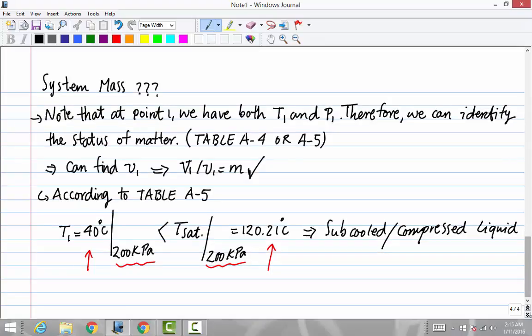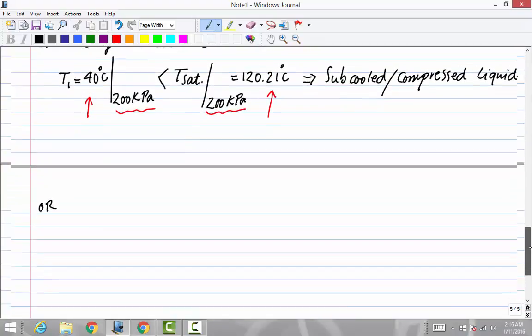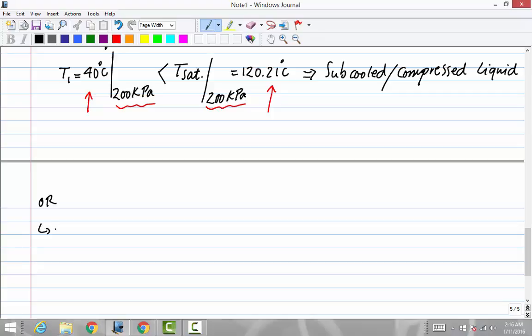In other words, now if I check the other table,